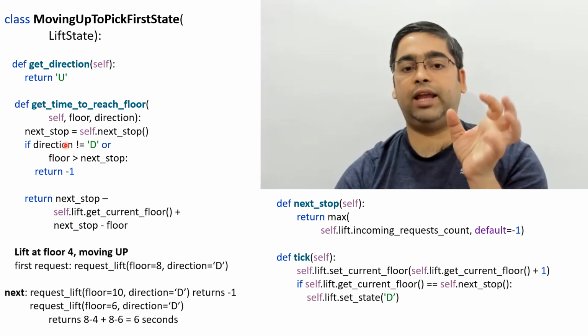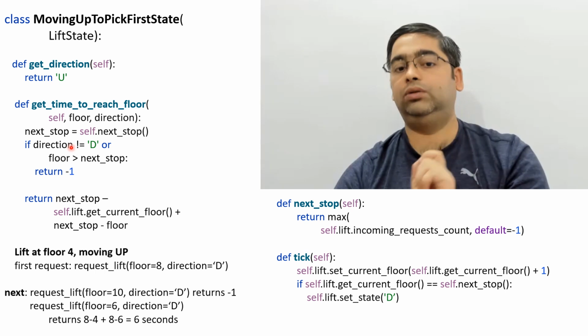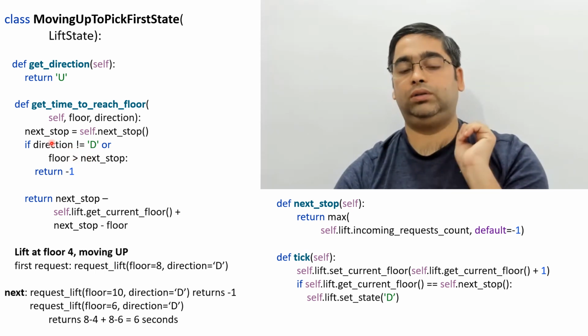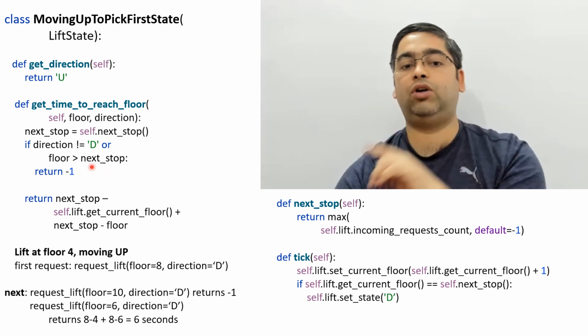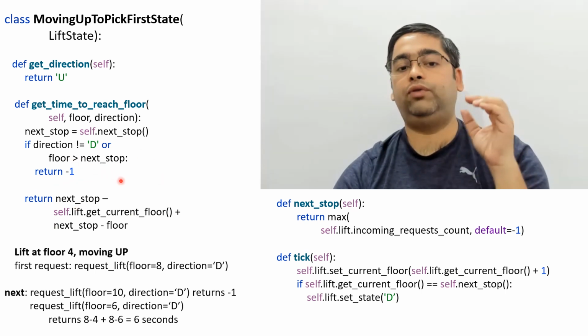So it can take only a request in the down direction. If the direction is up, then it cannot take that request. Or if the floor is greater than next stop, then this is an invalid request. And that's how it calculates. So for calculating,